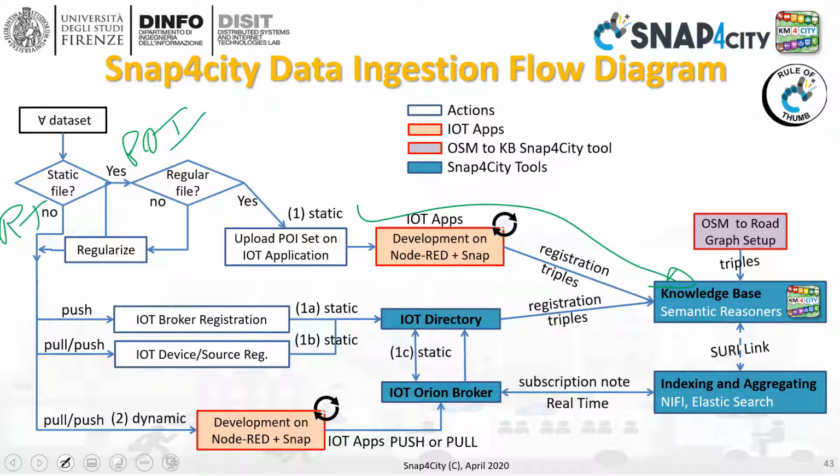So everything that is not a point of interest you need to address as a sensor. You may split the information in two, registering in a first phase the static information on the IoT directory with the activity. You may also need to register a broker, or to register a device in a broker, and so this is